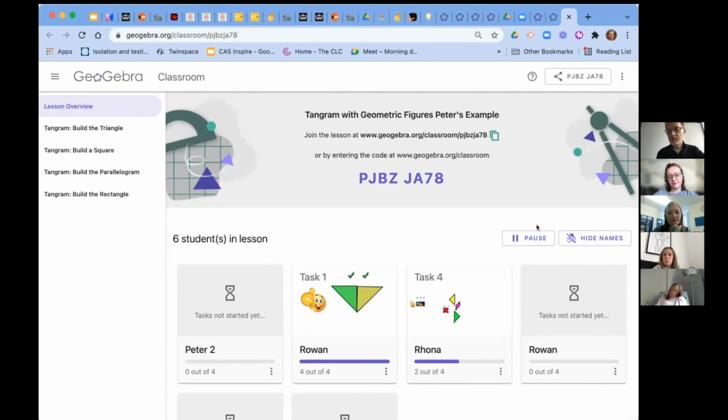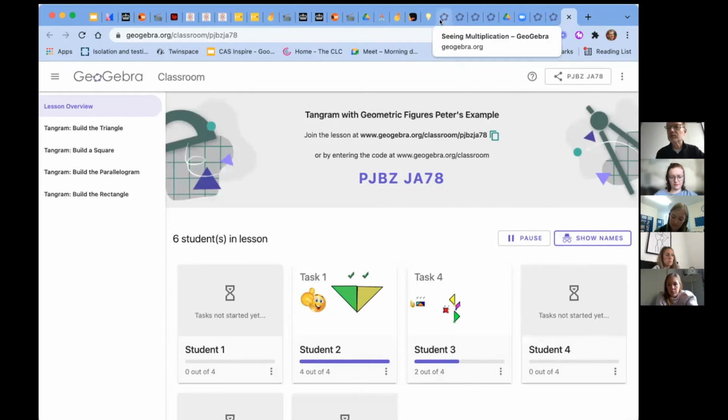You can also hide names if you want to talk about something, but you don't want individual students' names showing. So yeah, I'd recommend you take a look, as it's a completely free resource, and there are many useful tools,